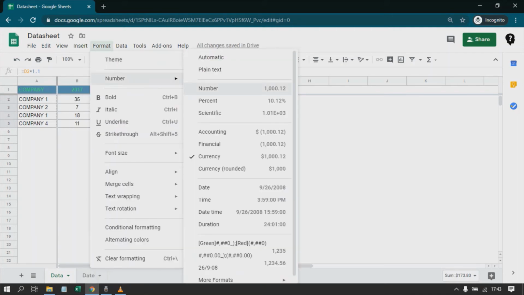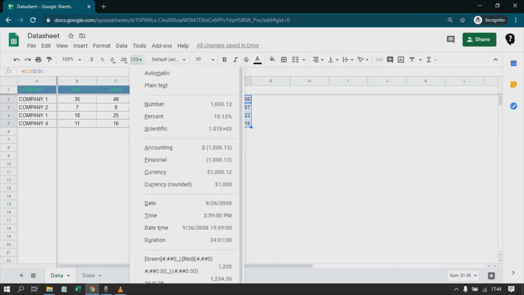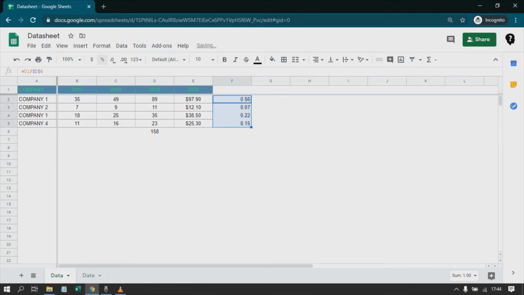Next is number percentage. Again, if you click on percent, it has converted the same number into a percentage. This is useful when we have percentages. So for example, if I have the sum here, I will show you how to shortcut calculate the percentages. This number divided by this number, let me lock it and press enter. Let me put it in the number formats. Click on number and put a percent sign, so automatically my percentage